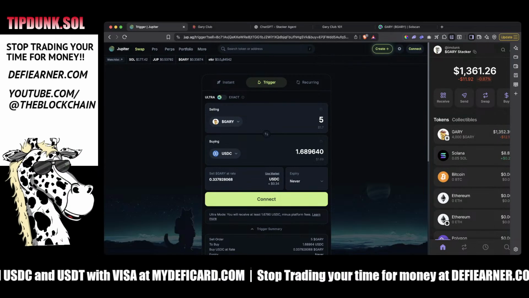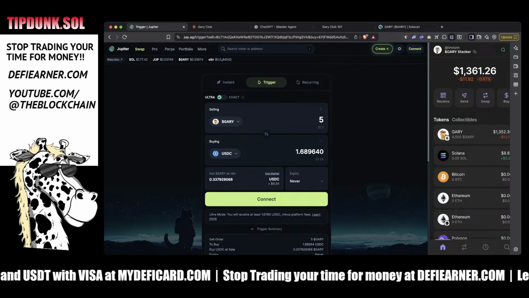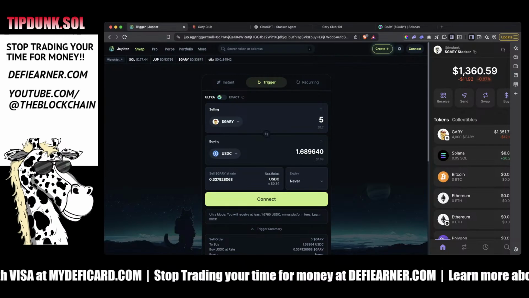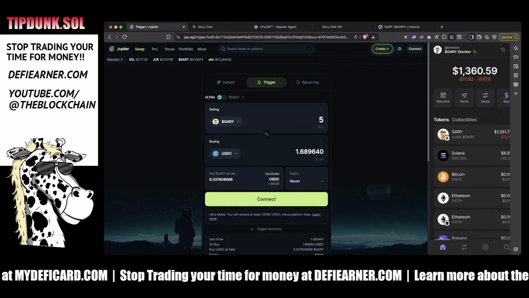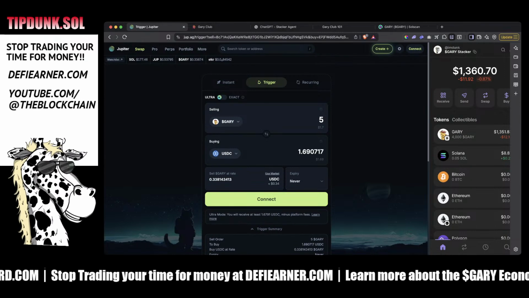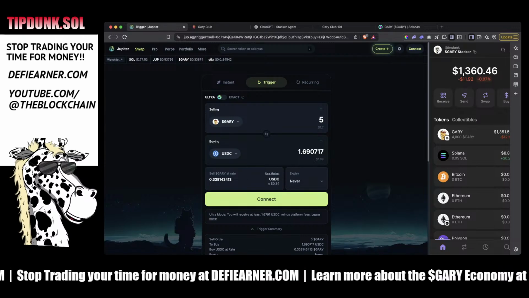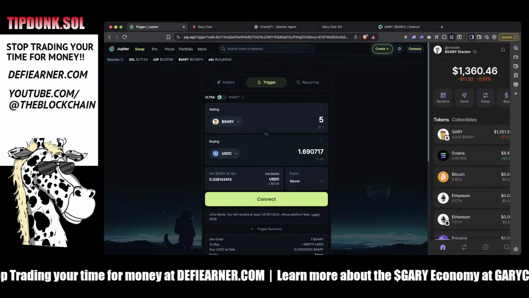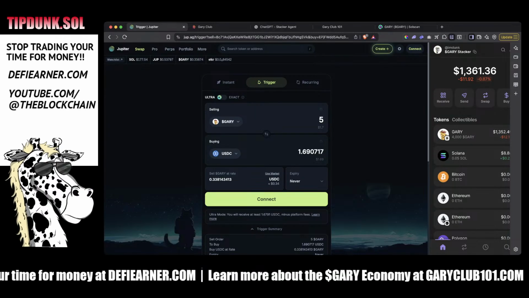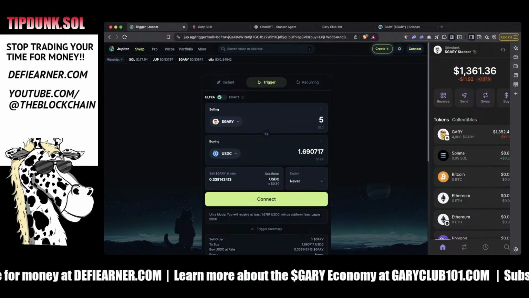And on average, just from this chart alone, I've been getting roughly 1 to 3% a day. If you think about that averaging out, that's about 1,000% a year, which is pretty amazing. And that's not even counting compound interest, mind you. So just keep that in mind. Compound interest makes it a much higher